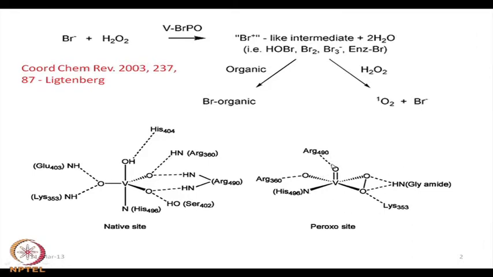Vanadium NMR we can do, and that vanadium NMR can establish that both the vanadyl oxygen is present, which is stabilized by hydrogen bonding interaction, as well as the peroxo unit, which is also stabilized by the glycine amide backbone NH and the lysine 353. So, the conversion from the native state, which is trigonal bipyramid in geometry, to a square pyramidal geometry, this geometry is completely different and is also a well known and well established geometry for so many vanadium sites where we have the vanadyl as the